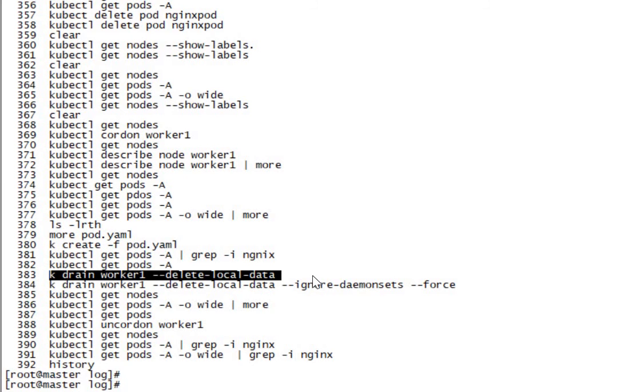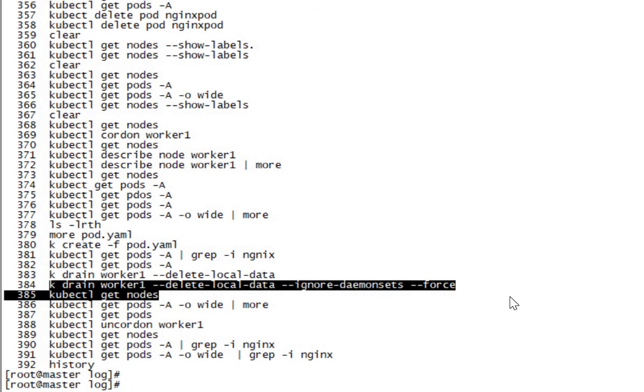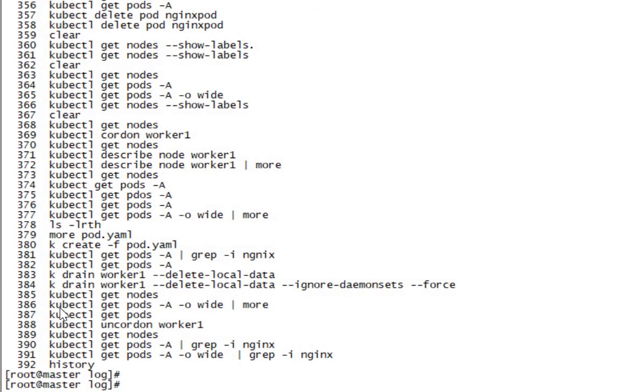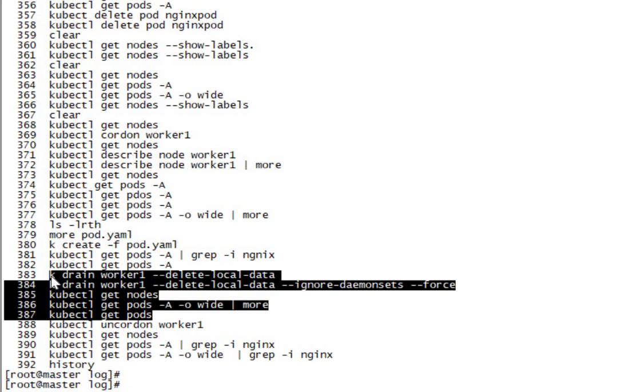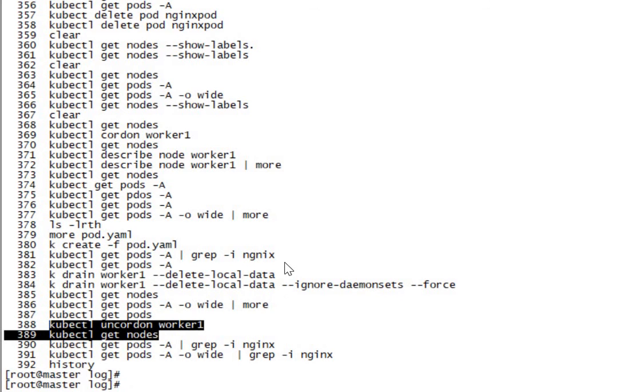Drain command gave the error related to the daemon set, because we had the daemon set in the worker node, so we used another parameter, and that's fine, our work is done. But if we need to bring back the worker node to the same state as before the activity, then we will use the command kubectl uncordon worker, but uncordon will not bring back the pods from the other worker node to the cordoned worker, but that worker node is usable now.